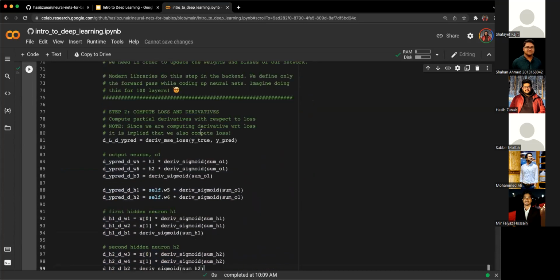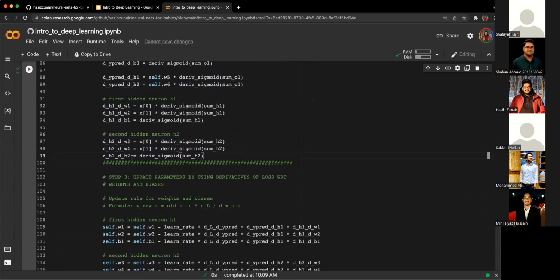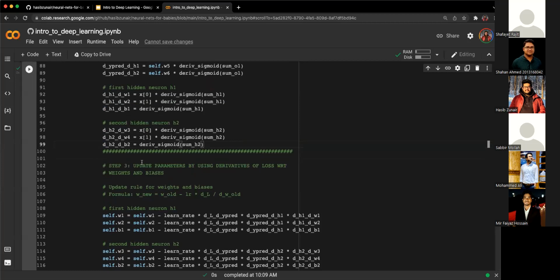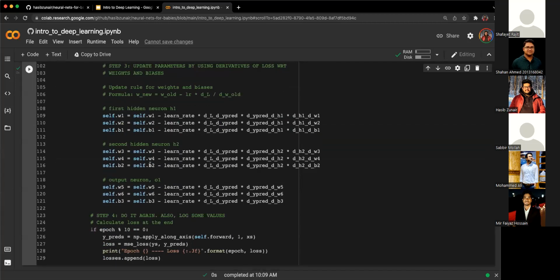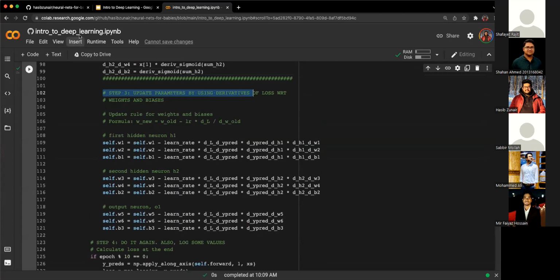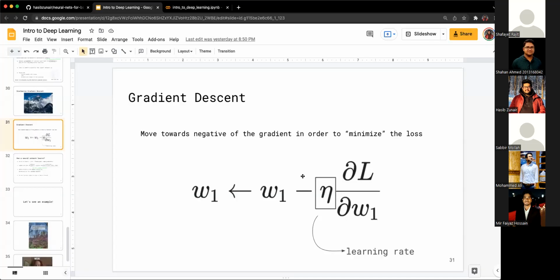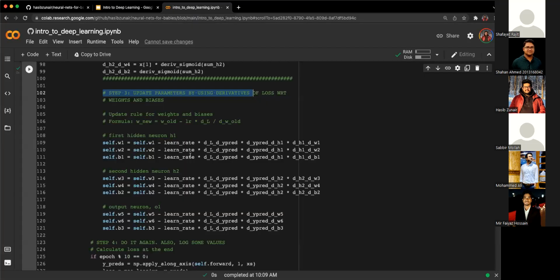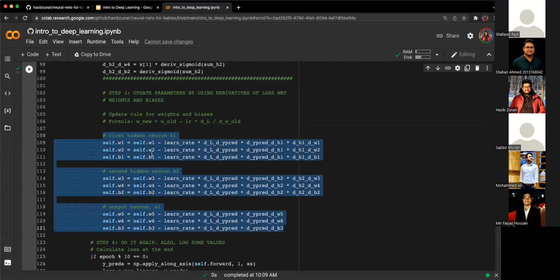So now let's say we have all the derivatives from backpropagation, and we want to update the parameters using gradient descent. That's what step 3 does. We're updating the weights where we have the learning rate, which is defined, the derivatives from backpropagation, and the previous weights of the network, which is what it used to make the initial guess. We want to make a newer guess so that it's better than the previous one. We do that using this step over here, where we update all of the weights.